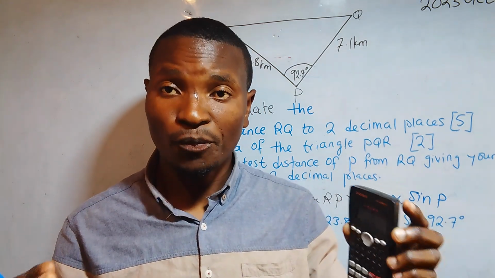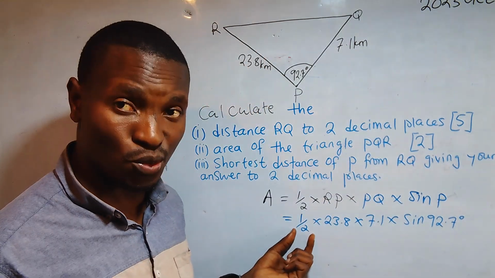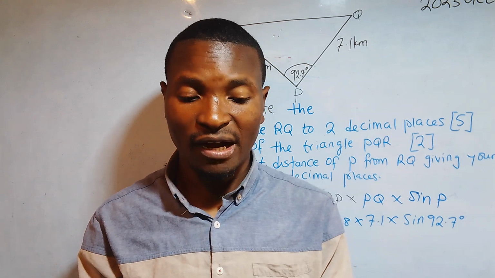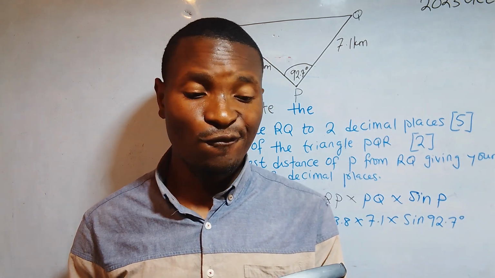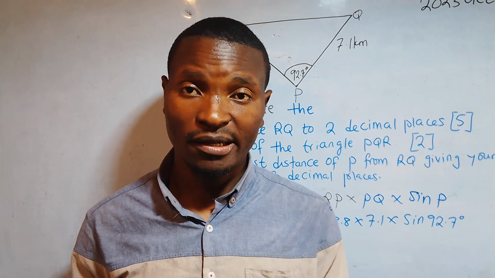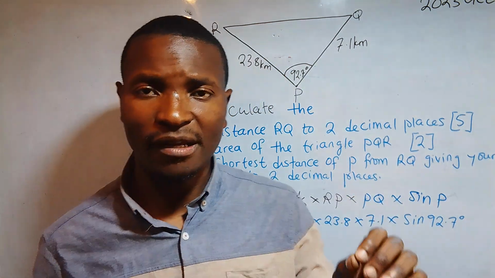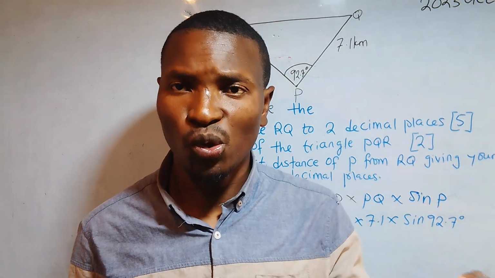So after you punch, get the answer, okay? Without these two, now you can say divide by, the answer that you have got now, divide by 2. So I'm getting 84.39. Okay. Now, under this question about calculating the area, we have not been told that